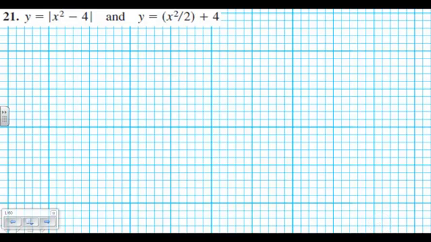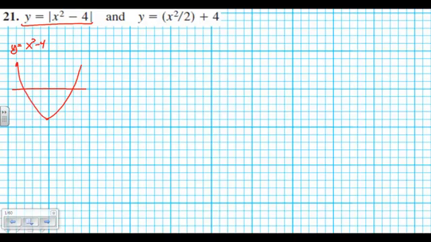This is problem number 21 from section 7.2. Let's start by graphing these two curves and then figuring out the area that's stuck between them. Let's start with this one, but before I graph this, I want to graph just x squared minus 4. If I do that, I start here down at negative 4, and it's a parabola that